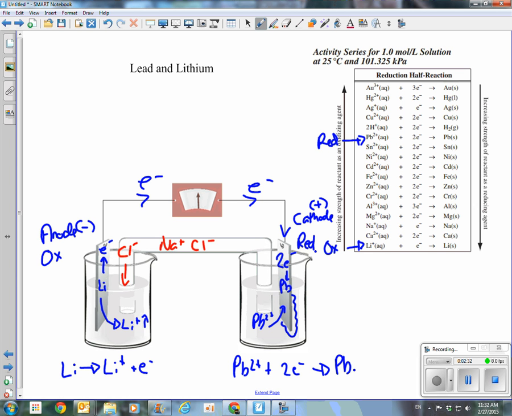Okay, and then over here, what's happening is the positive cations of lead are being plated, so we have a decrease in the amount of positive ions that we have in solution. So we need to increase that, and the sodium is going to help us by coming down here and alleviating that sort of